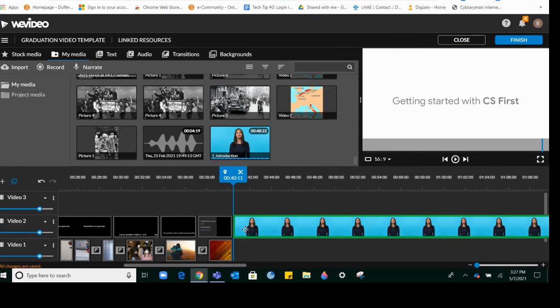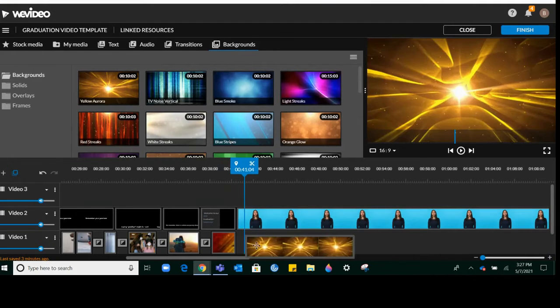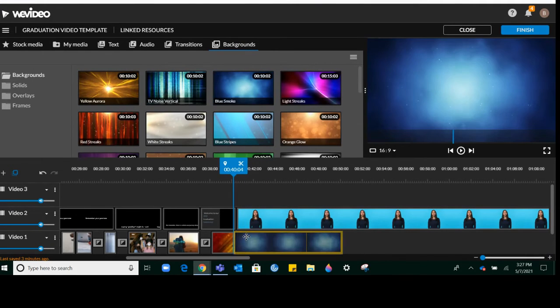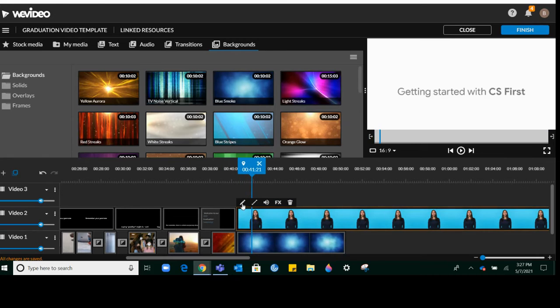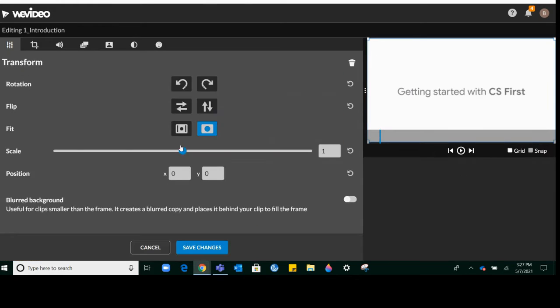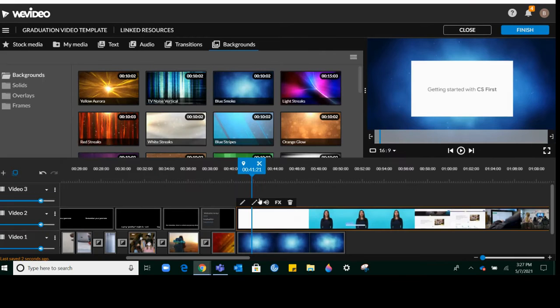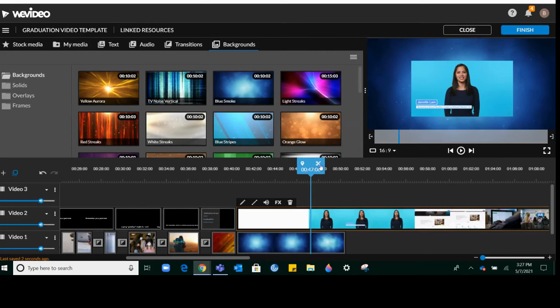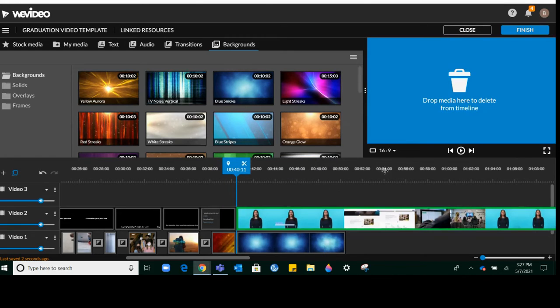Or you could even do it to video 2, because you could, for example, put a background image right behind the person speaking. I could always edit their video by clicking on the little icon or double clicking again, and then scaling their video to be a little bit smaller, so maybe just showing them with a background image, and then clicking on Save Changes. I could also cut their video, for example the introduction of their video if I don't want to include this part. And then you could see them speaking